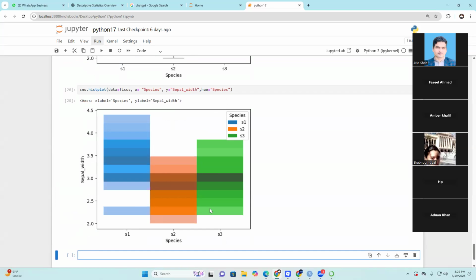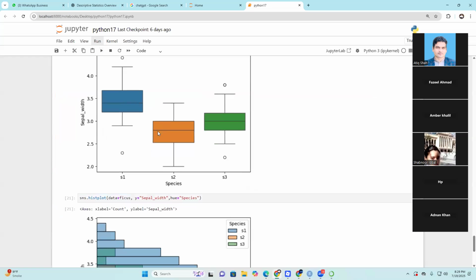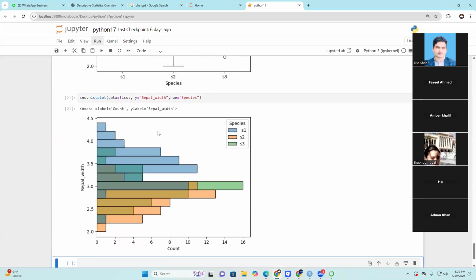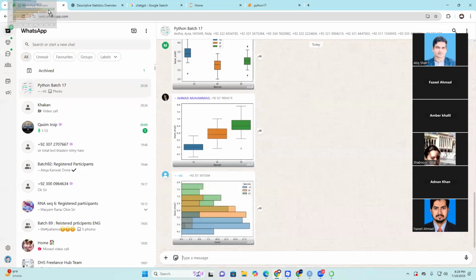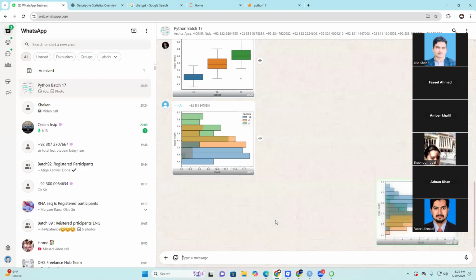If I give just one axis, now I want to remove the second one for the x-axis. I want to show sepal width data on only the y-axis and run. It will show me a histogram like this. It's the original histogram. If you want to show it on the x-axis,